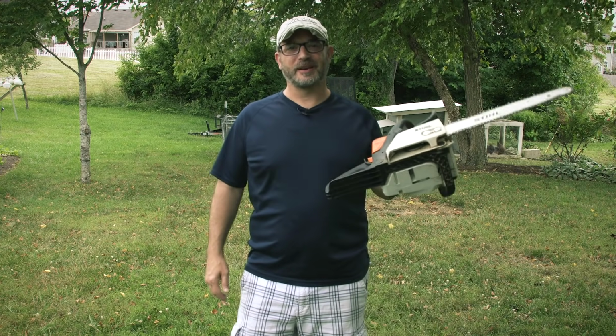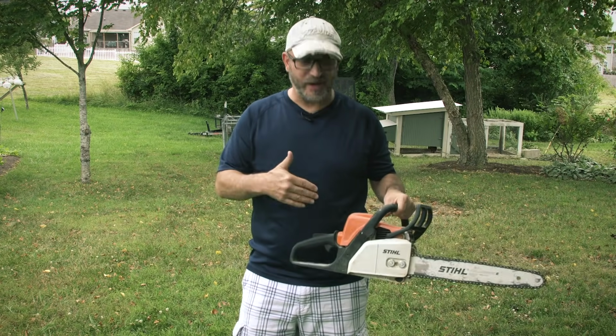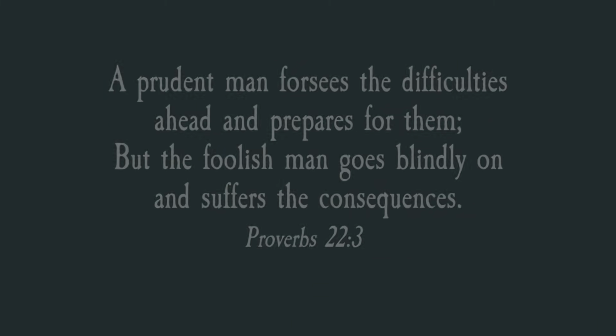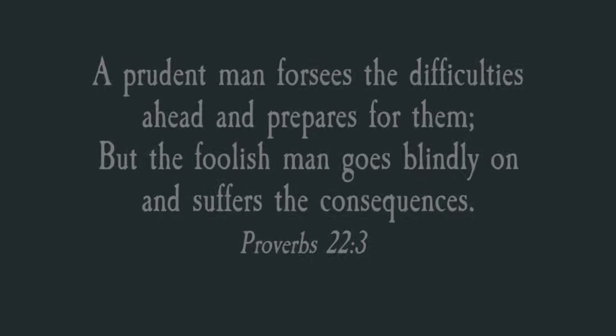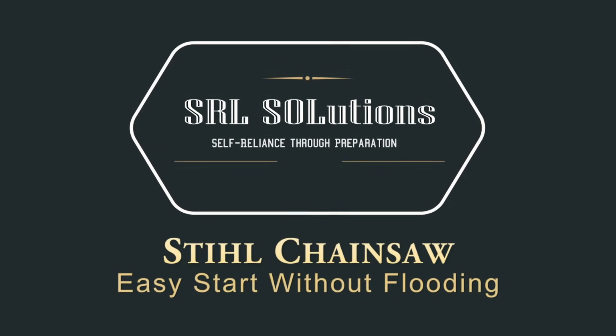Today, we're gonna talk about the easiest and best and quickest way to start your Stihl chainsaw without it ever flooding. I have never, ever had a problem with my chainsaw flooding because I read the directions, and Stihl has, if